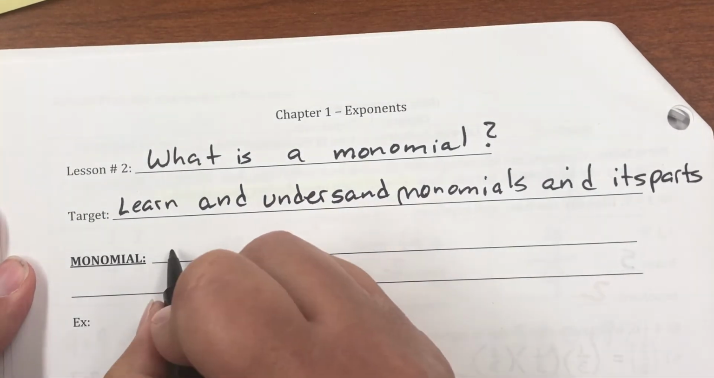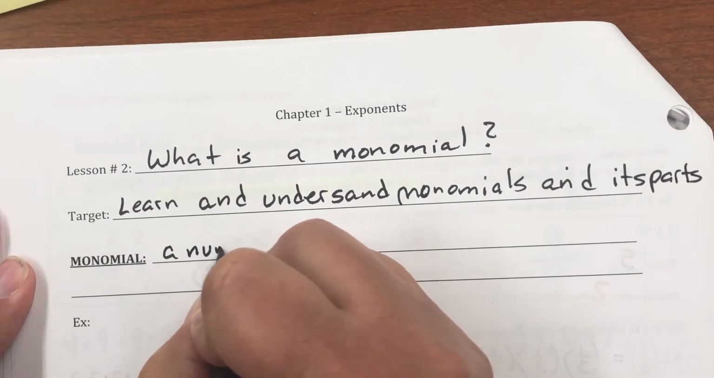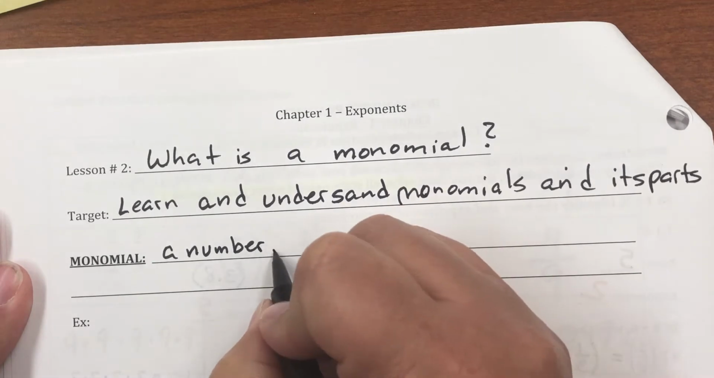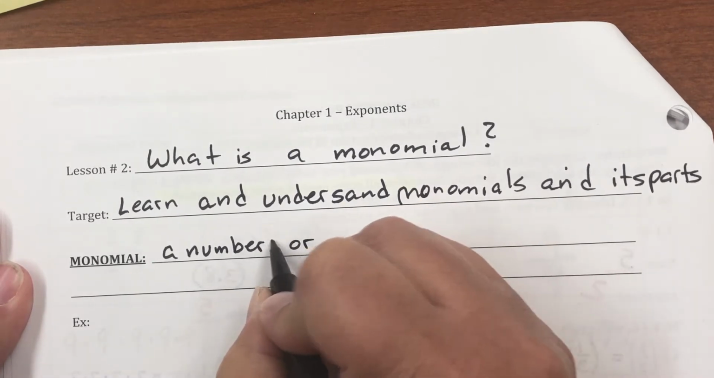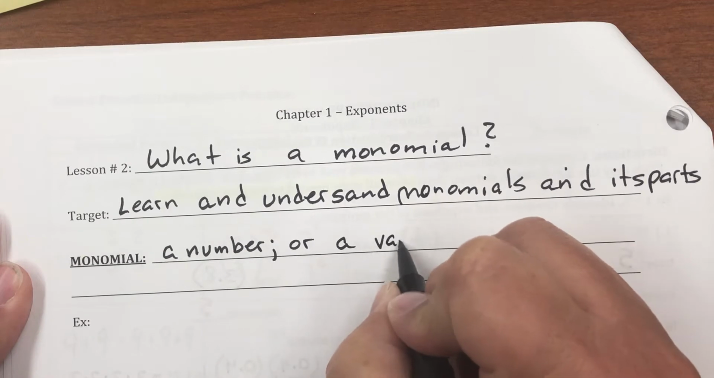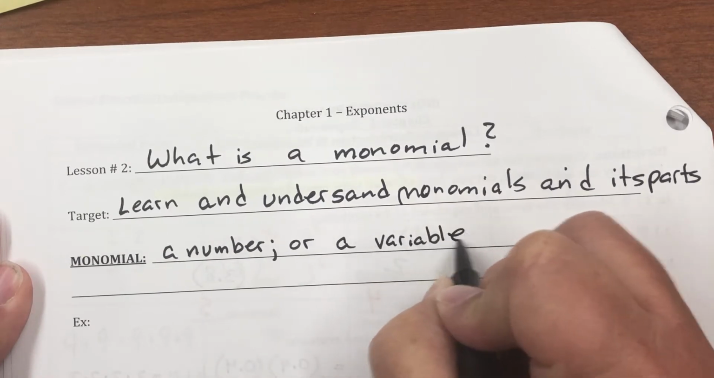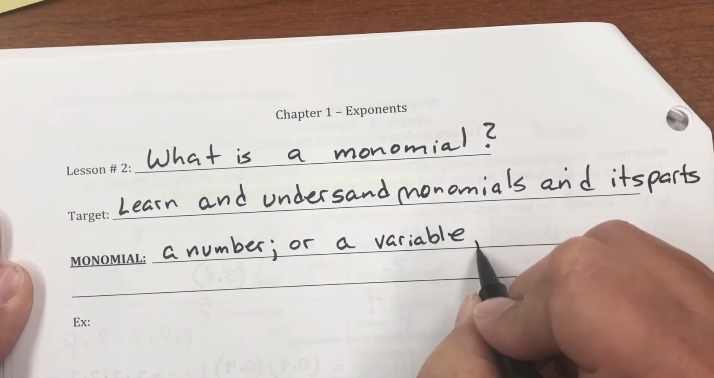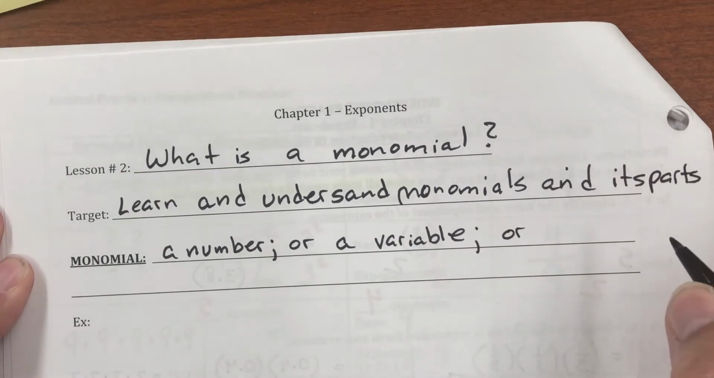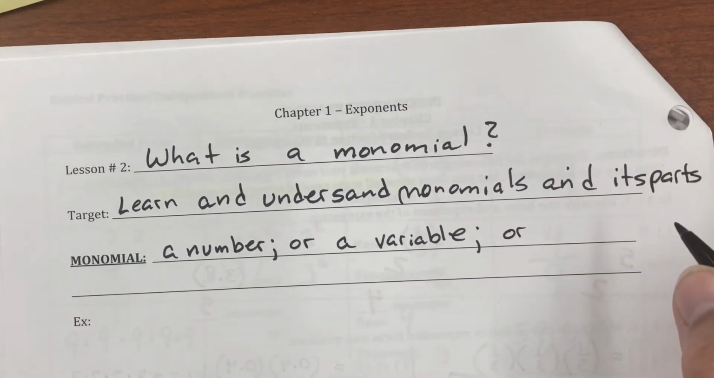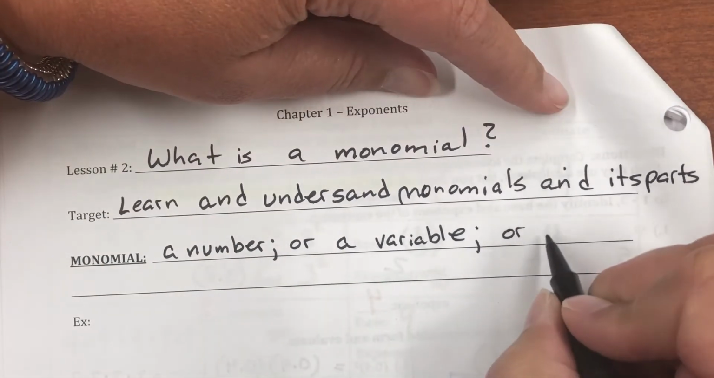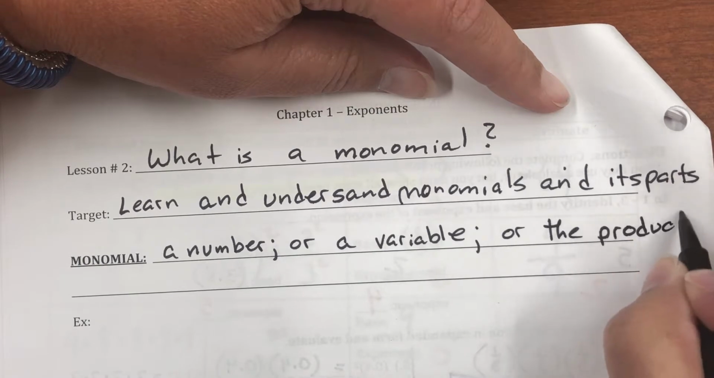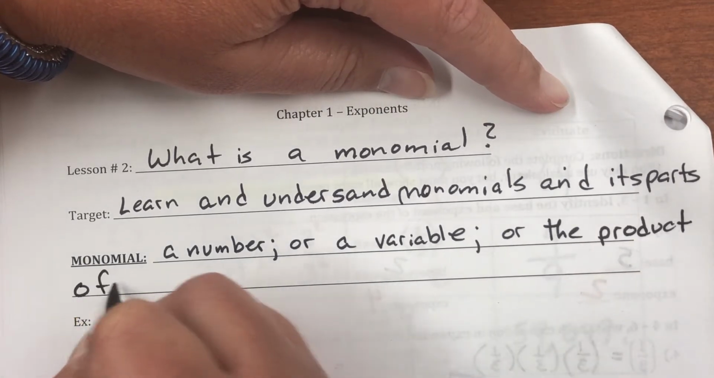A monomial is a number, like 6. 6 is a monomial. Or a variable. So x is a monomial. Y is a monomial. Or the product of a number and one or more variables, or the product of a number